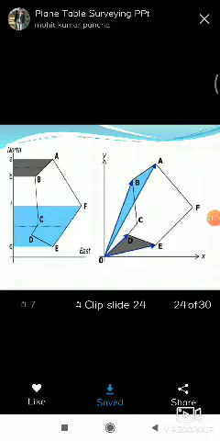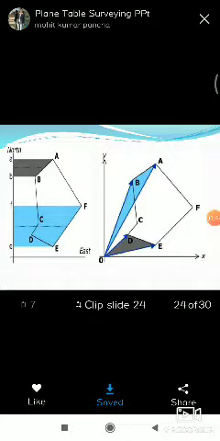Suppose this is a traverse A, B, C, D, E, F, A. So it is a closed traverse. In this traverse, first we select the traverse stations A, B, C, D, E, F, A. After selecting the traverse stations, we take the first instrumentation point A. At station A, perform the temporary adjustment of the plane table.